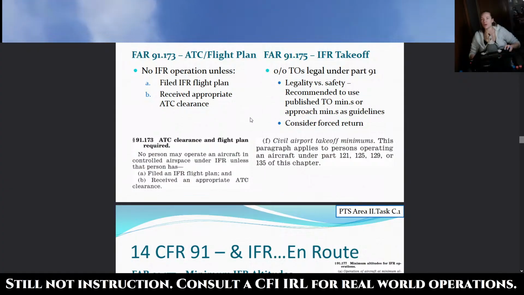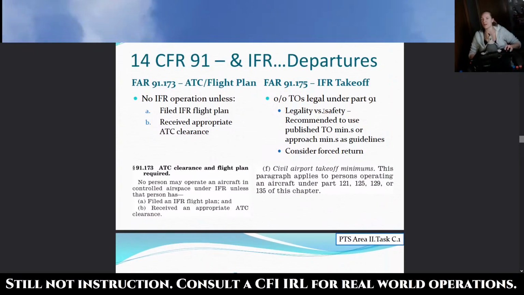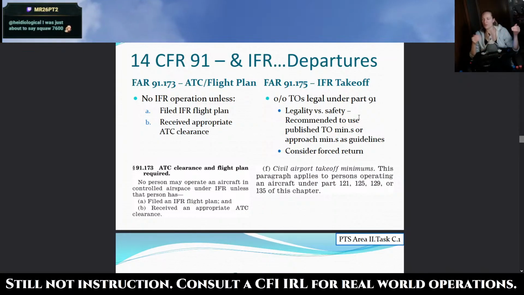Okay. I think we were still talking about takeoff minimums. So I'll just quickly go over that again. So 0-0 takeoffs, legal under Part 91, consider the legality versus safety. It's recommended to use published takeoff minimums or approach minimums as guidelines, considering a forced